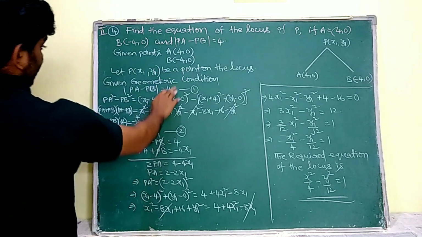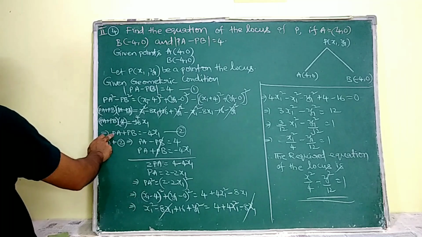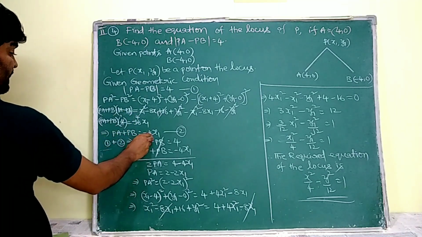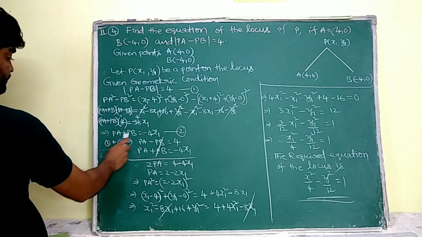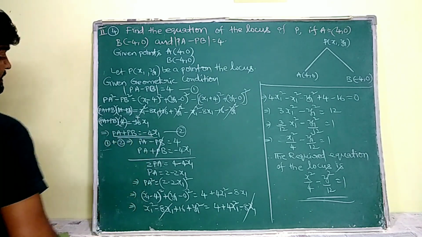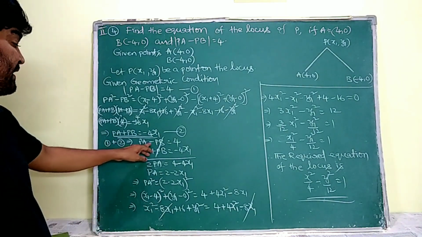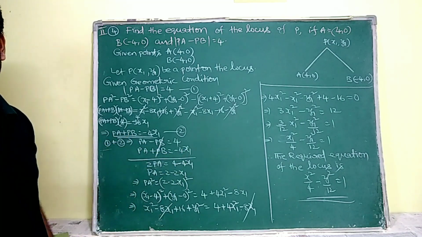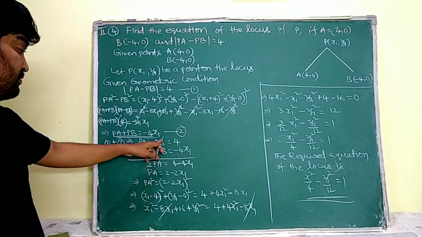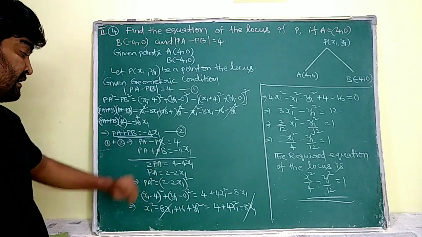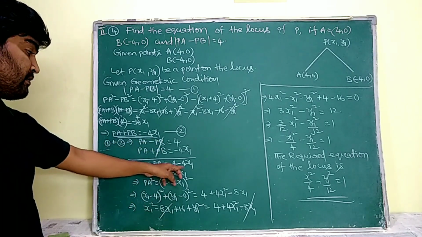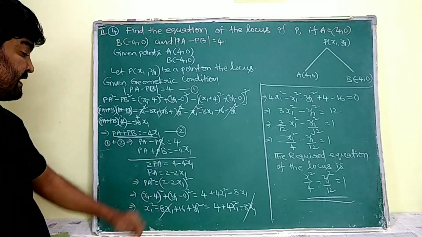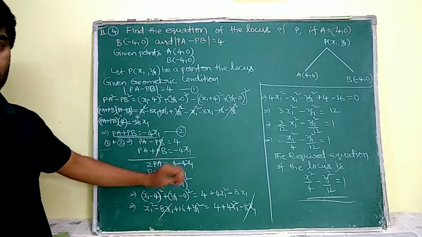In the place of PA - PB I am going to write this 4. PA + PB times 4 is equal to -16x1, so PA + PB is equal to -4x1. Let it be equation 2. Just add equation 1 and equation 2. PA - PB is equal to 4 is equation 1. PA + PB is equal to -4x1 is equation 2. By adding these two, -PB and +PB are going to be cancelled, and 2PA is equal to 4 - 4x1. Cancel this 2. So PA is equal to 2 - 2x1.